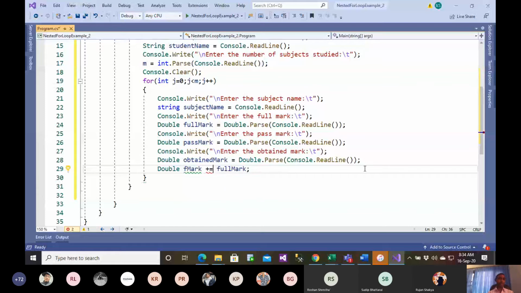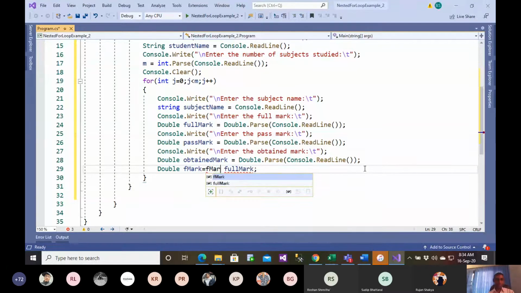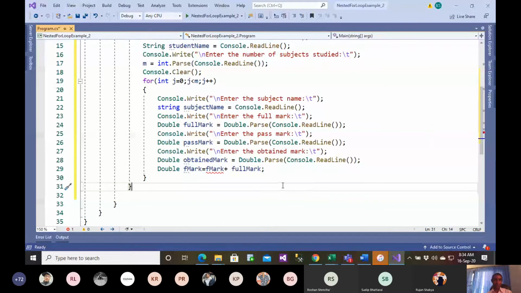Just can do like this. This is giving me an issue here because this is being called as unsigned variable. So let me do one thing. Equals to 0 for now.